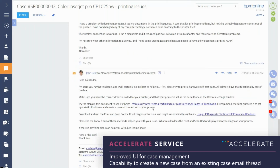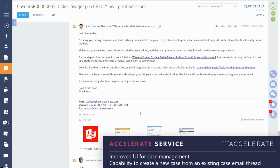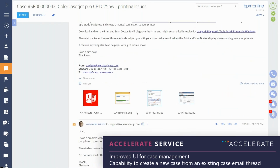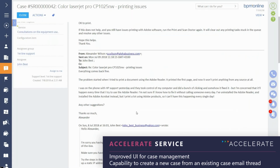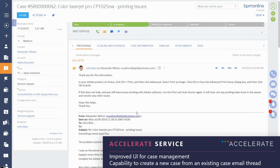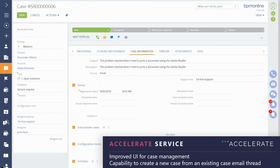So some of the things that we've done are now in the particular case, all records are shown without a vertical scroll bar. We've taken those longer and lengthier email communications that are part of the overall case, and we're now collapsing those into a smaller record. Now, you could still click on a button for show more in order to expand that and get the full view, but at least now you can get a quick summary to really remind yourself of where you were in